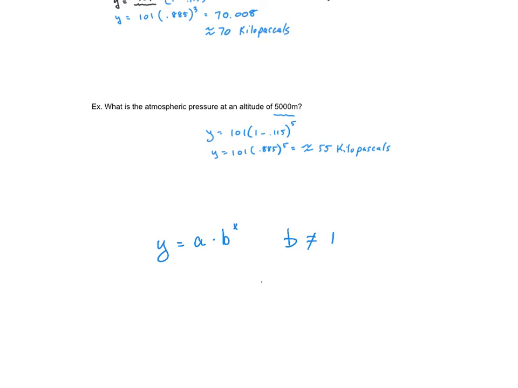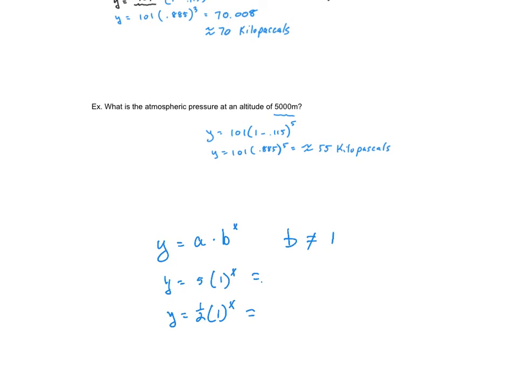I wonder why. Let's see, why can b not equal 1? Well, let's just plug some numbers in there. We have y is equal to initial value of 5 times 1 raised to some power. Or maybe if it was the initial value of 1/2 times 1 raised to some power, well, here, any exponent of 1 is going to be 1,